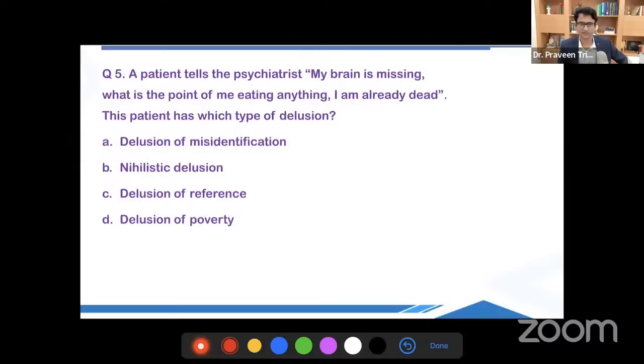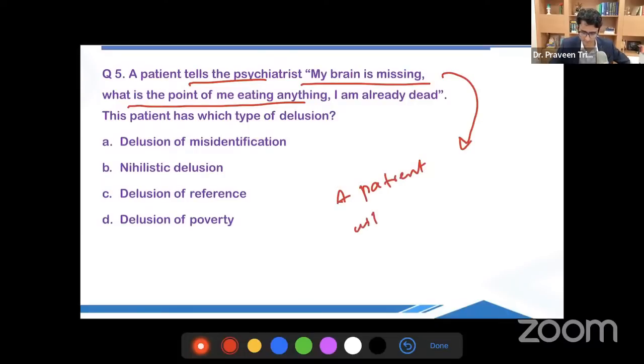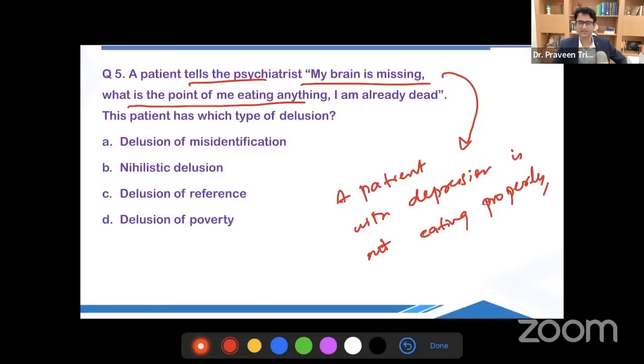All right, another question. There is something about the INICET examination and this delusion. They repeatedly ask it. A patient tells a psychiatrist, my brain is missing. What is the point of me eating anything? And later on, I got to know that this question was even more elaborate. It said that a patient with depression is not eating properly. And then it says that the patient tells the psychiatrist,